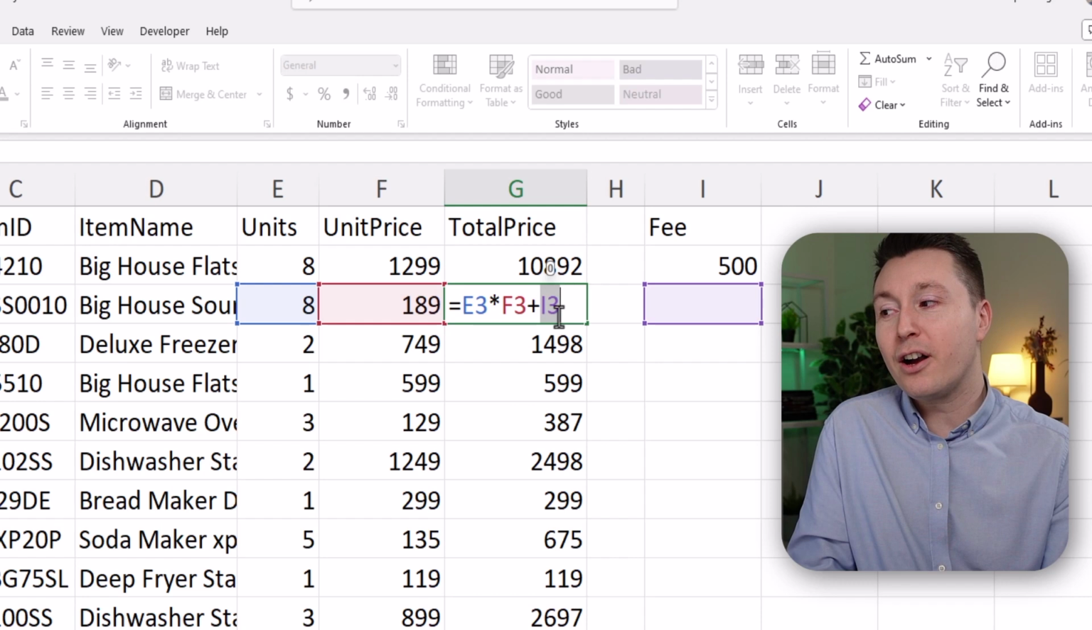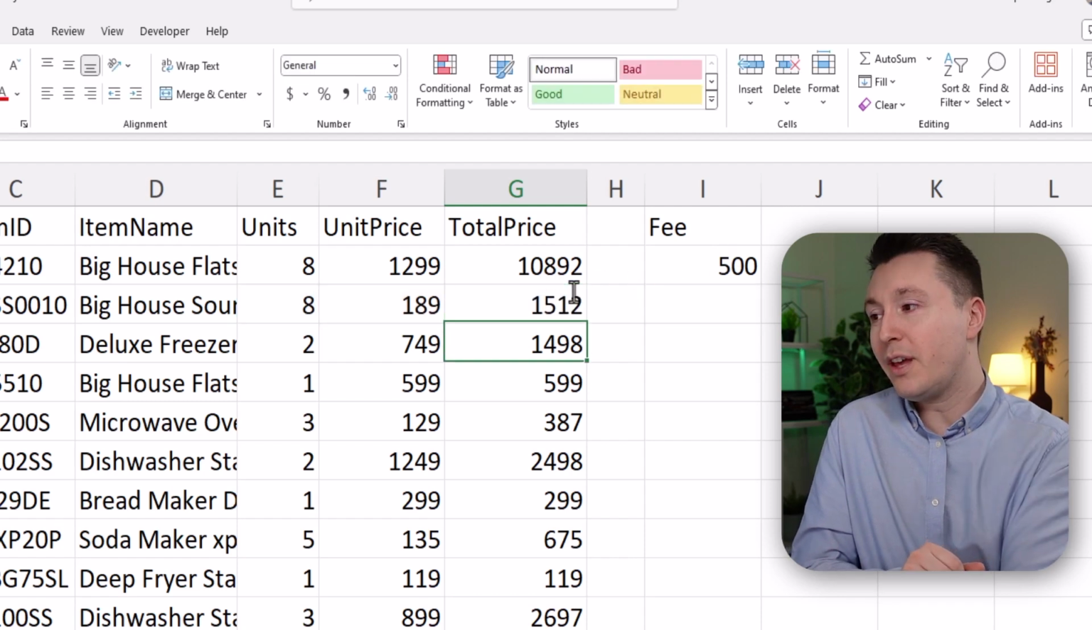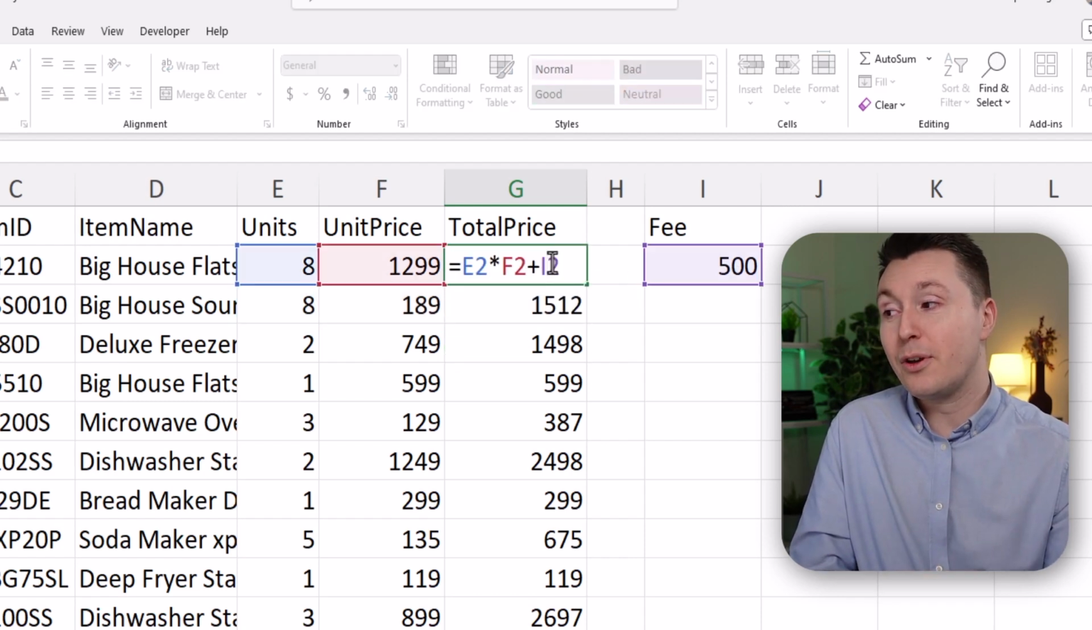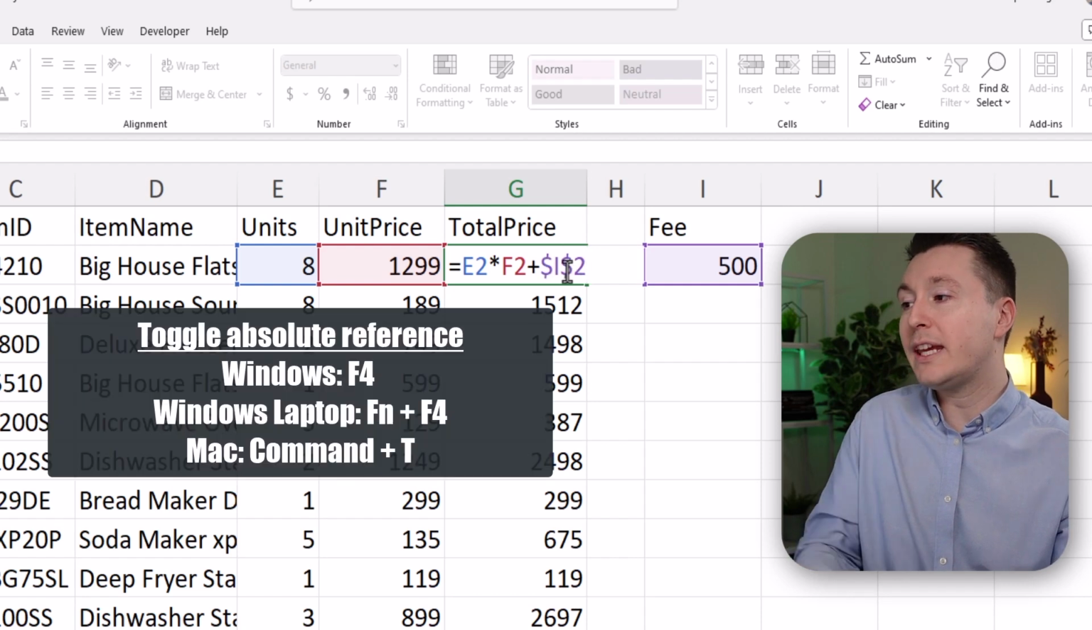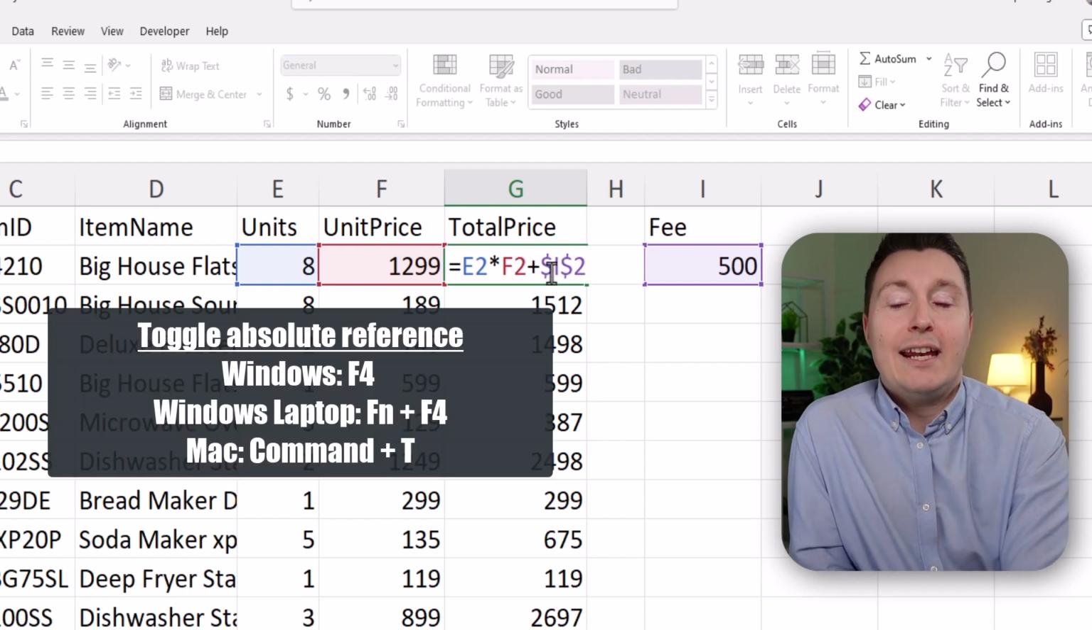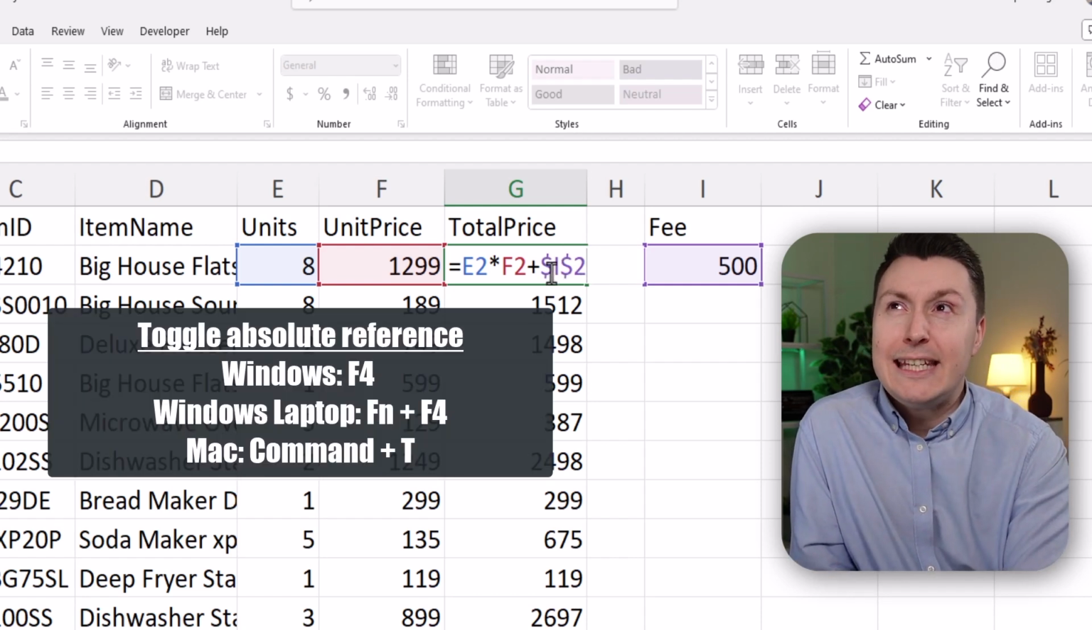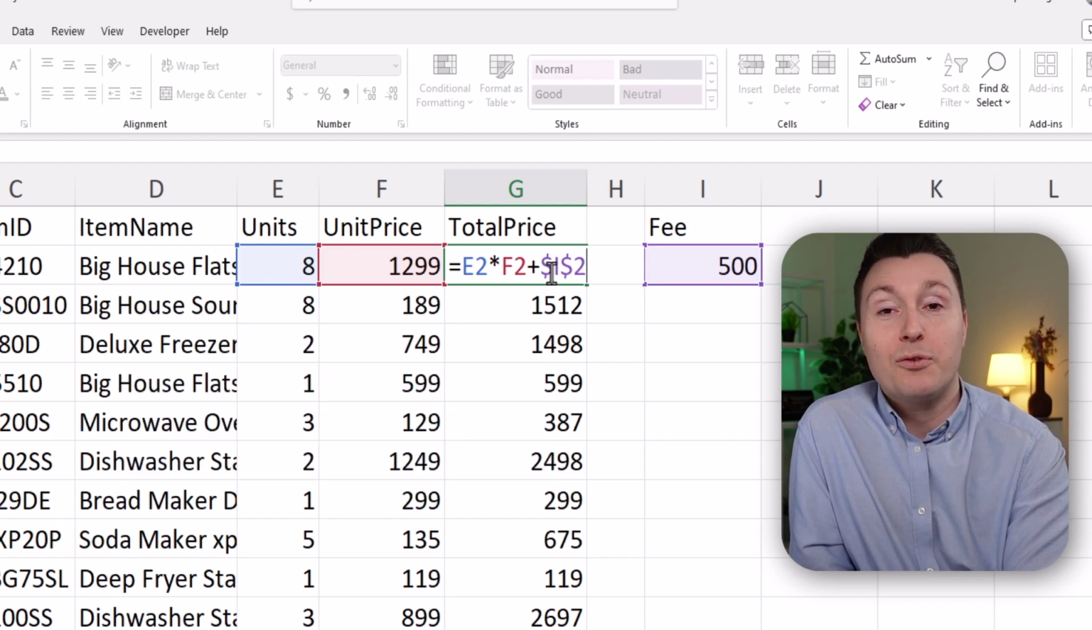So we need to lock this reference so it always stays on this cell right here. We do that by turning it into something called an absolute reference. So just place your marker somewhere inside the reference and hit the F4 key on your keyboard. And if you're on a Mac, it's Command T. And if you're on a Windows laptop, you probably need to hold down the FN key before you type